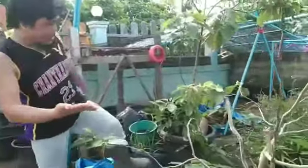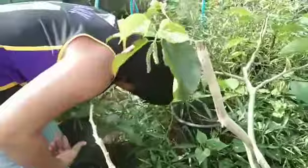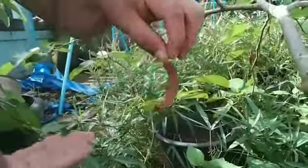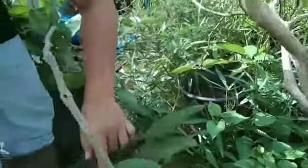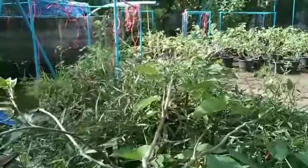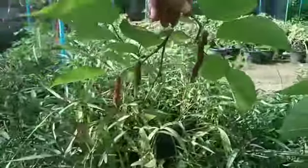So we're here, another one here, another one. We've already got 2 Himalayan mulberries, and we have several ripe fruits here. See that,